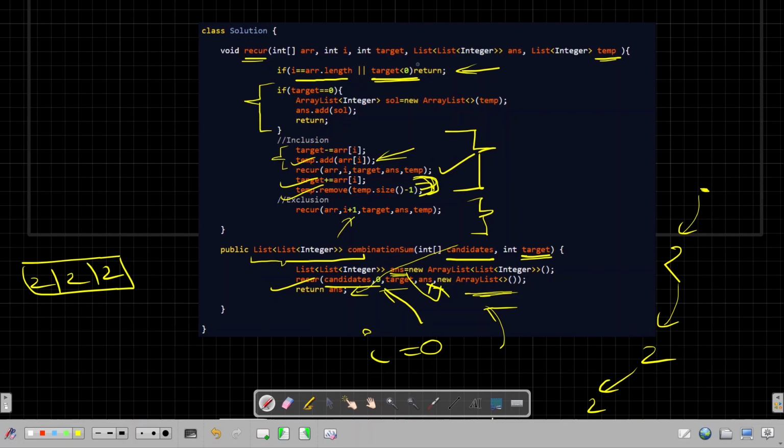When target becomes 0, I need to store that combination in the answer, right? What I am doing is I am taking a solution array list. I am storing the temporary array using which I have built that combination. I'll store that here, and I'll add that in my answer. I'll return. So this is the backtracking based solution I wanted to talk about.